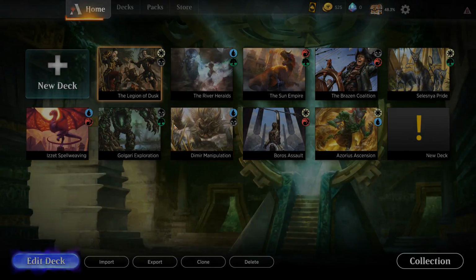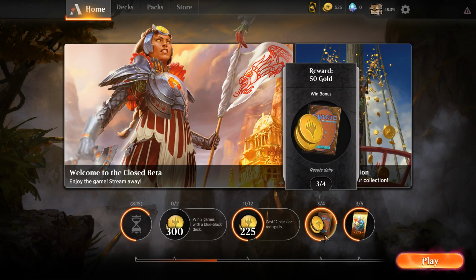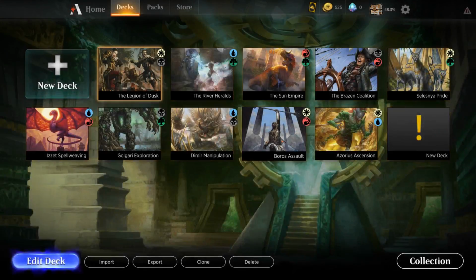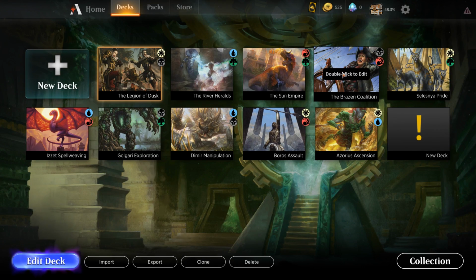What else... Wait. Why was this filling up? I have no idea what that even means, that it's filling up. And it's not telling me either. We failed to get another 50 gold win. But we're at 11 out of 12 black or red spells, so I guess I should be playing a black or red deck so that I put this timer to